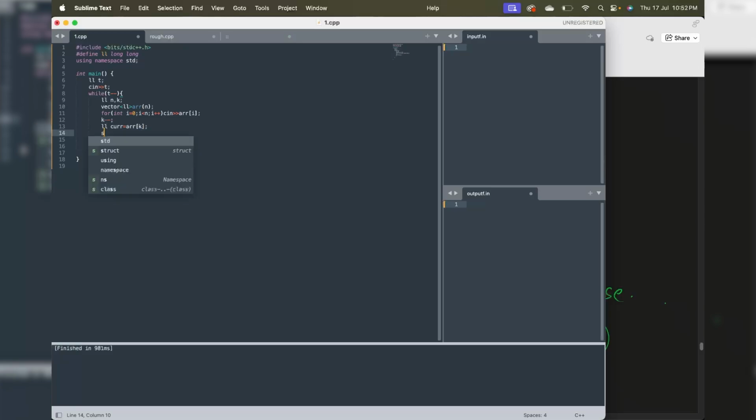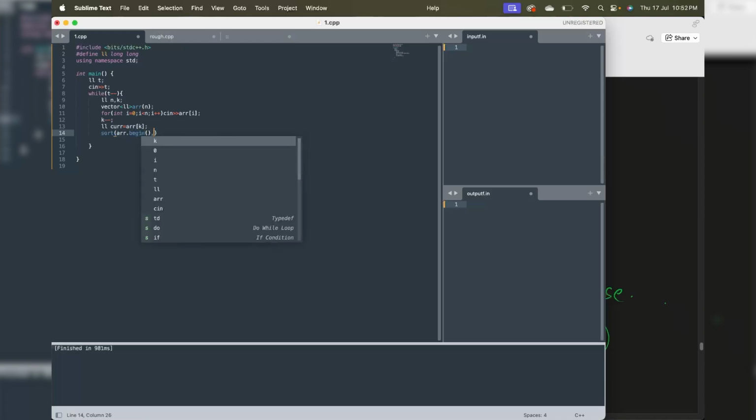Okay. Now I'll sort my towers because I want to iterate them in a sorted manner so that I can get to the nearest height tower from the current height. Let my current water level be 1,